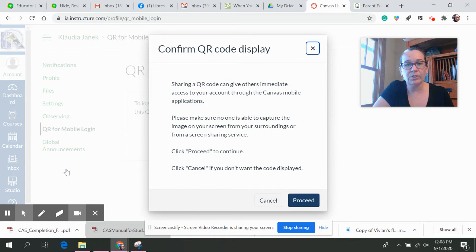So that will generate, and actually I don't want to generate it since I'm going to put it on YouTube. Because once you have that QR code, it will access your account and all of your students' information. So you don't really want to make that very shareable. So if I was doing it for real, I would click on proceed, and then you get the QR code,